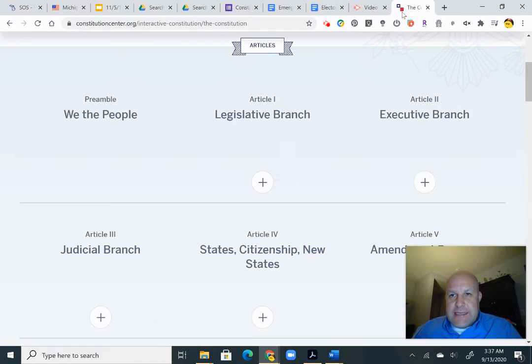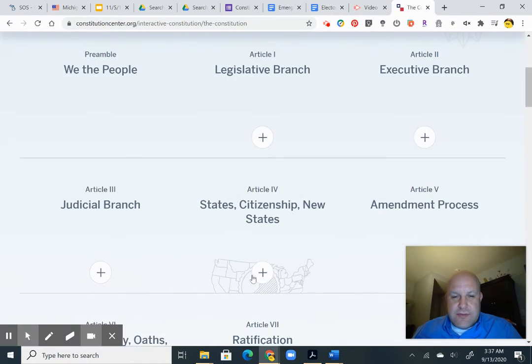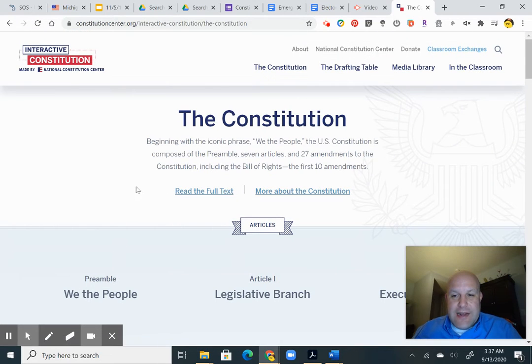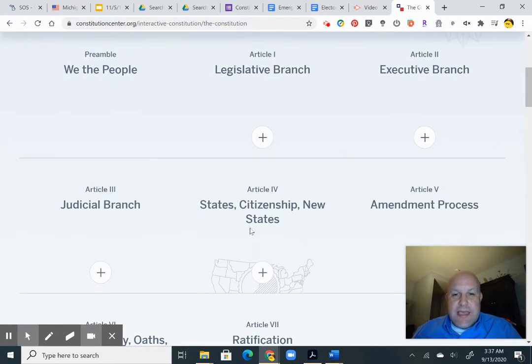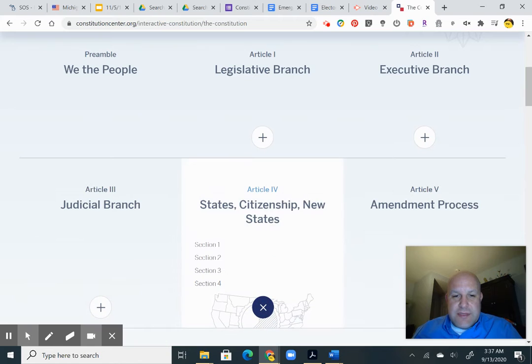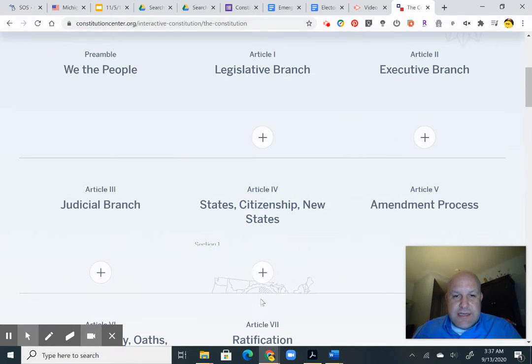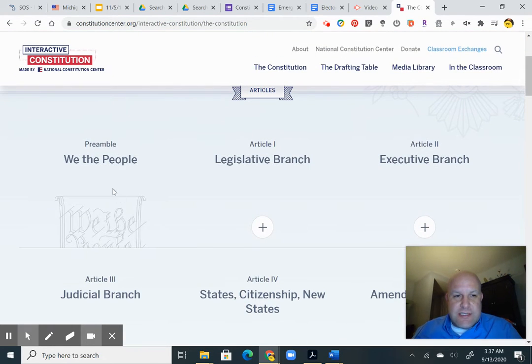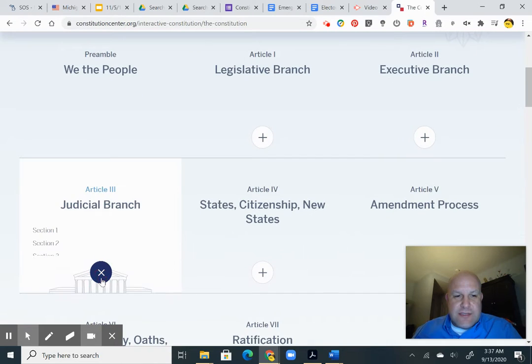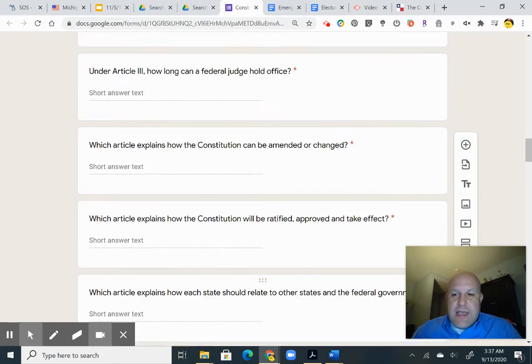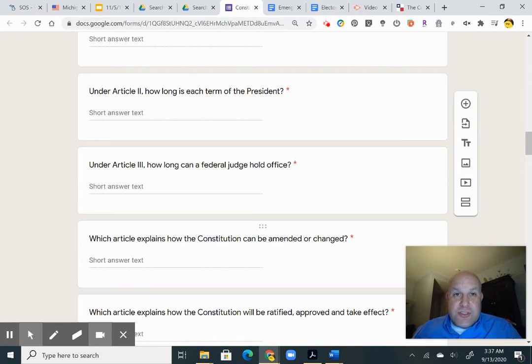Now I realize you can Google search, but there'll also be a link to an interactive Constitution on Classroom, and you can see here if you put the plus sign, here are the various articles and sections. I mean, you could search them as well. I'm not going to lie to you. Let me tell you that the answers are set so that you need to just punch in a number. Not first, not second, not third, not 14th amendment, just the number.